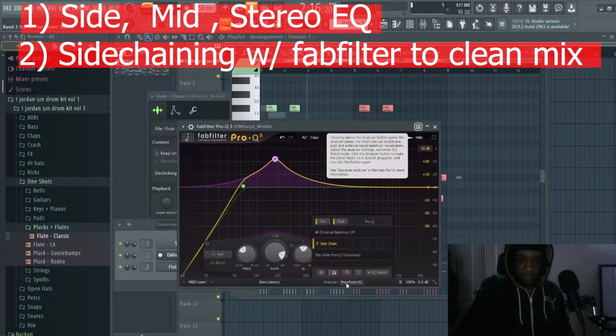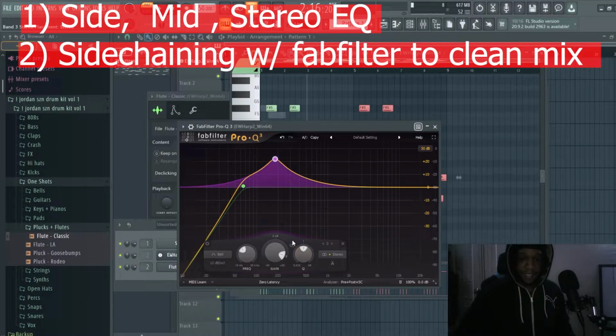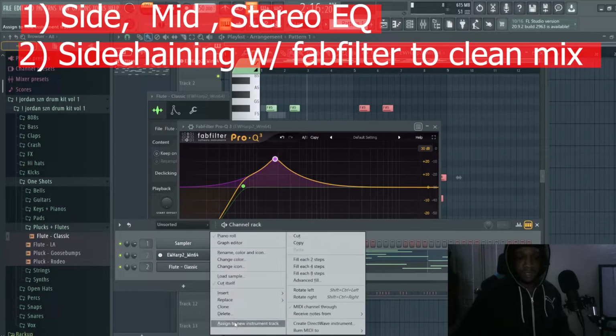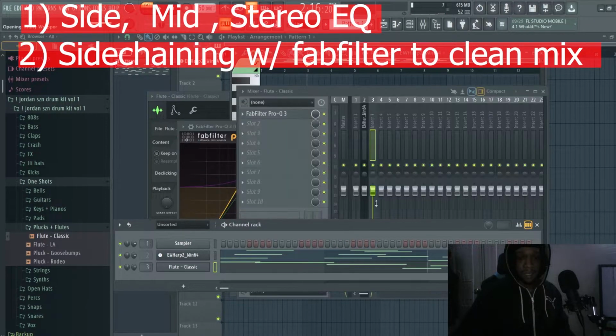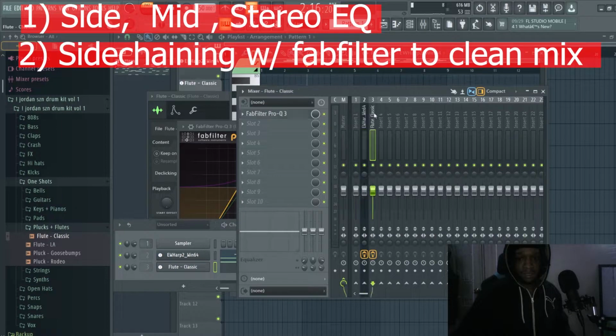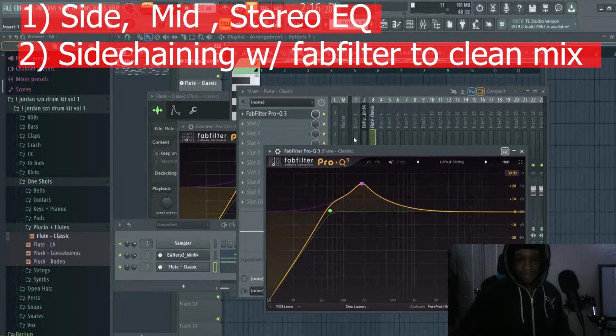Now, when it comes to using FabFilter Pro-Q 3, at least, there's a sidechain thing. I'd imagine that if you were to mix some signals together, like a vocal and this harp, I have a flute here, and the flute also has a Q3 on it too somehow, automatically, I guess. Now if I were to go into the flute Q3, even though it's using the same thing, which is kind of wild,